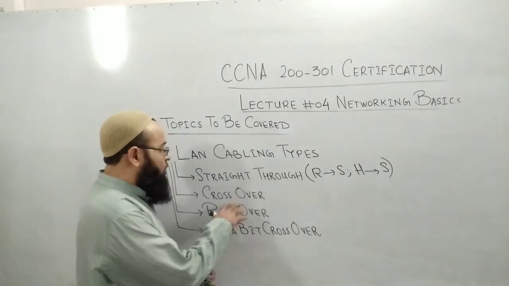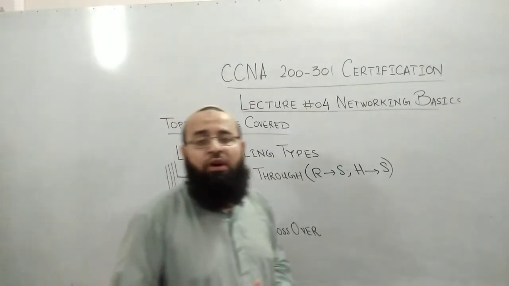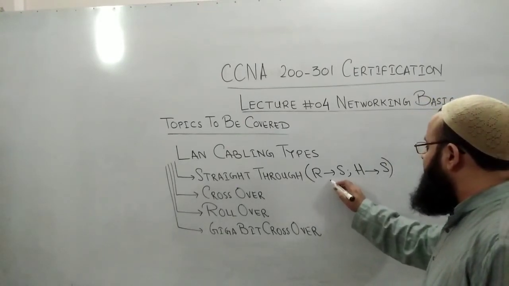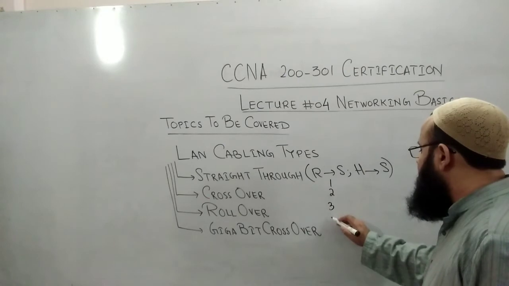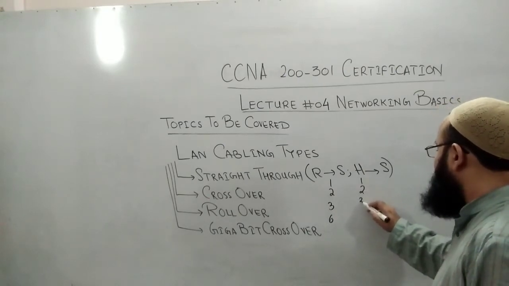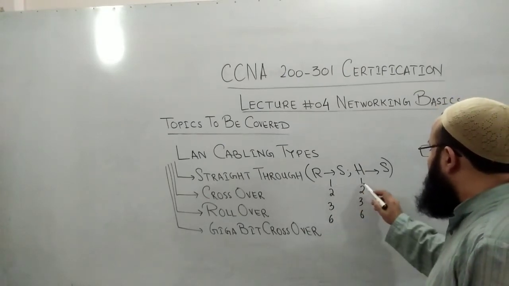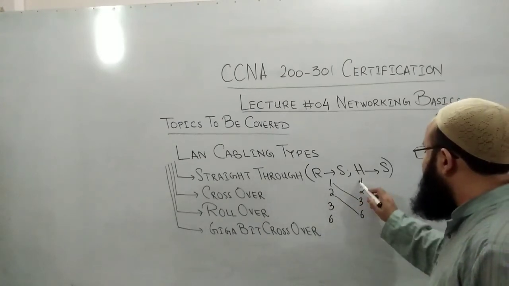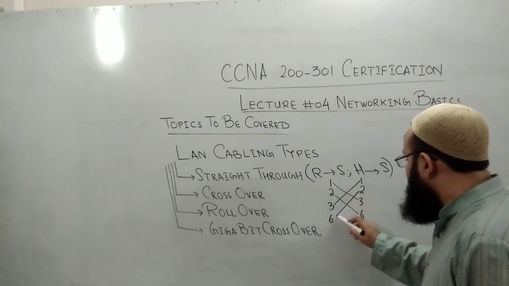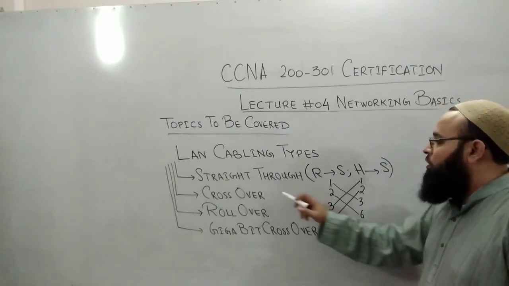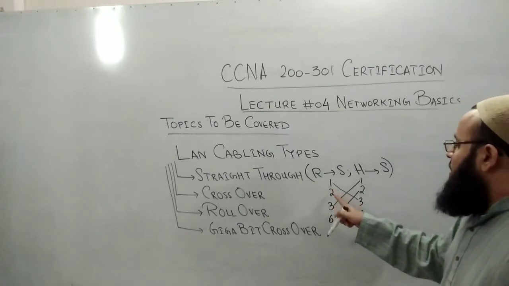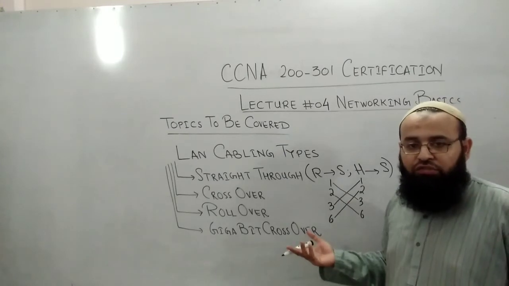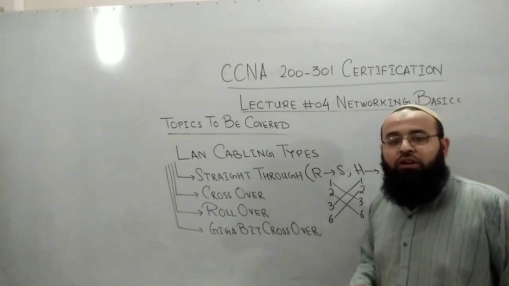If we talk about the crossover cable, then how is a crossover cable developed? First I will tell you about it. A crossover cable is basically 1, 2, 3 and 6 connection, but here 1 is not connected with 1, it is connected to 3, and 2 is connected to 6, and similarly on the other side, 1 is connected to the 3rd pin and 2 is connected to the 6th pin. This is the setup for a crossover cable. The other pins, that is 4, 5, 7 and 8, are unused; they will not be transmitting or receiving any data.